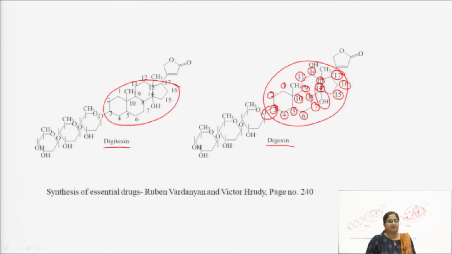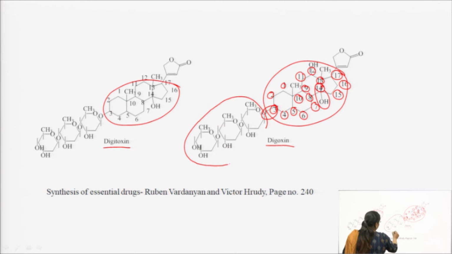In the first statement, it was said that there are so many hydroxyl groups because of the presence of sugars in it. This is the sugar units along with the steroidal moiety with so many hydroxyl groups on it. The hydroxyl groups on the 3rd and 14th positions are mainly responsible for the activity.